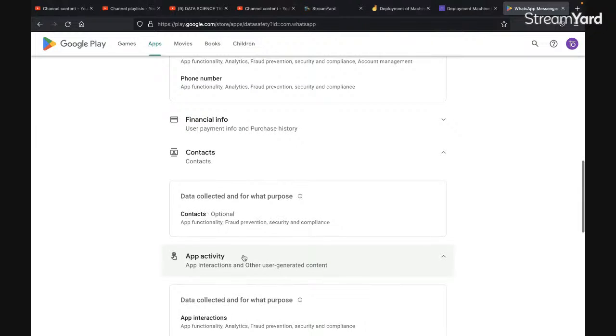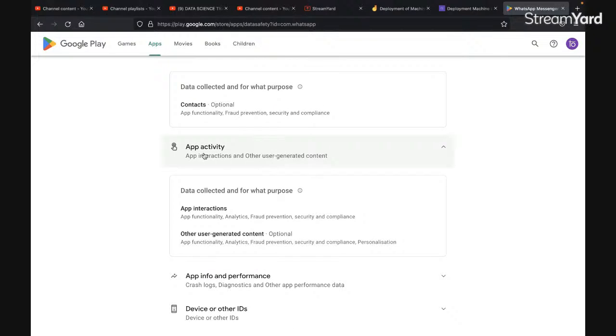And the app activity: how many times I switch on WhatsApp, how many times I spend time on the WhatsApp application, and so on. What difficulties people are facing, and this data that has been collected is going to be taken by the company, and the company is going to work on this. Are you getting this or not?